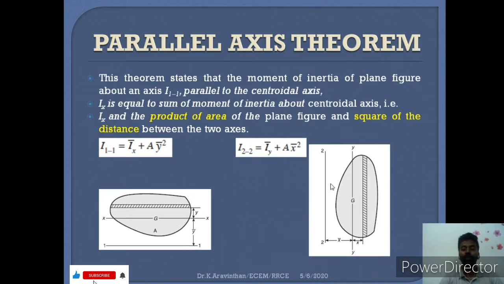Also, if you are considering this object in another plane, this is the y plane, and the reference plane here is given as vertical, 2 2. If you want the moment of inertia about the vertical plane, then the object is given here. For this object you have to find the centroid. From the centroid, the parallel axis to the reference axis is the yy axis. Earlier you considered the reference plane in the x-axis, hence the xx plane.